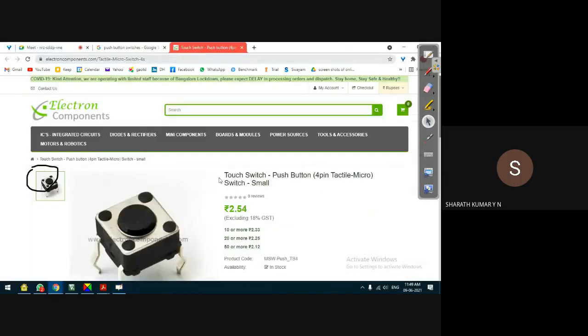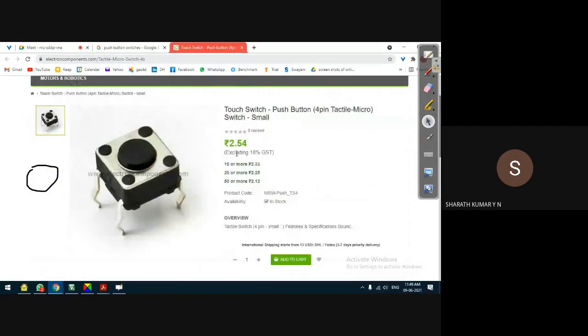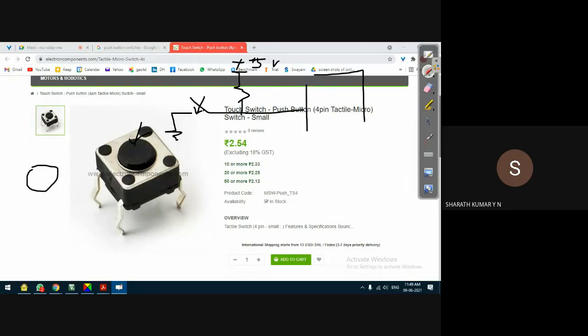We make use of push buttons in microcontroller-based hardware. When these push button switches are connected and we press this, the switch is closed. So this is the kind of switch; pressed, the switch is closed. VCC is plus 5 volts, and this is connected to the pin of the 8051 microcontroller.